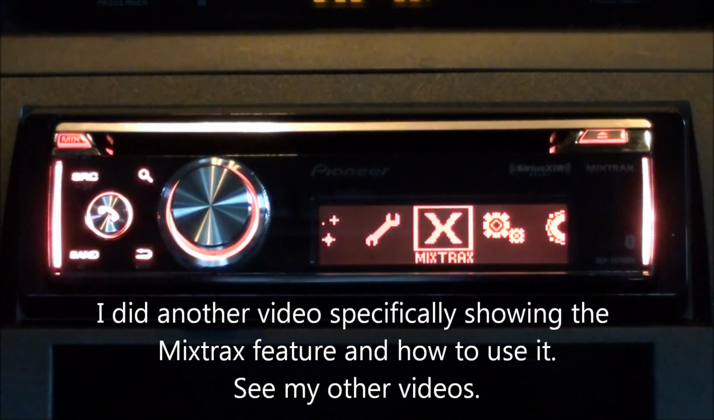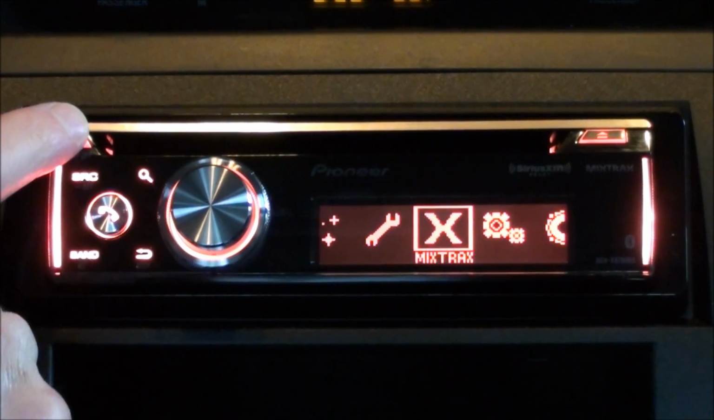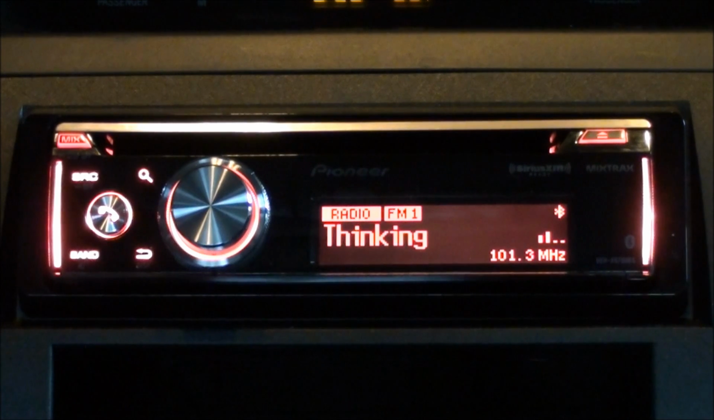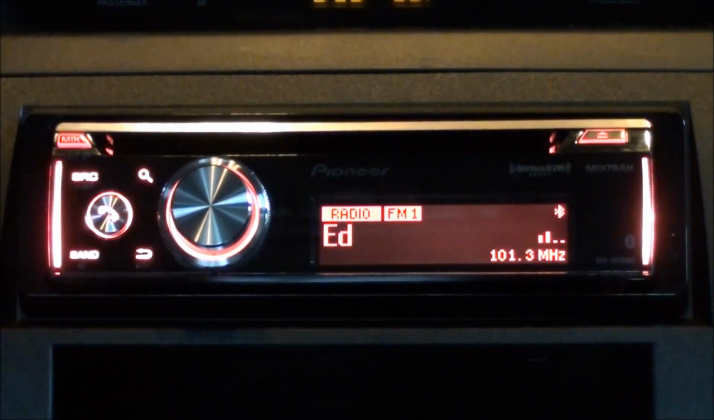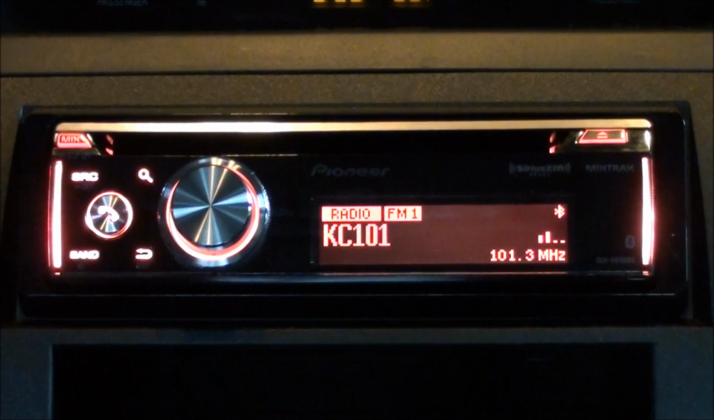It is kind of cool though, but basically what it does, if you're connected up by USB, it doesn't seem to work by Bluetooth, at least for me. If you're connected up by USB and you're listening to songs from your phone or your device, and you hit the mix button up here, that'll put you into mix tracks mode, and basically it funkifies your stereo a little bit. A couple things it does, it will flash your lights on your stereo to the beat of the music,